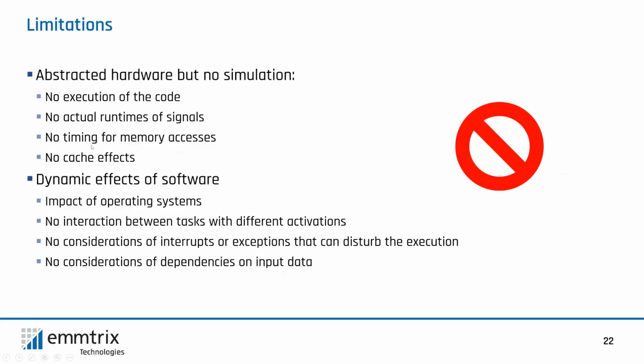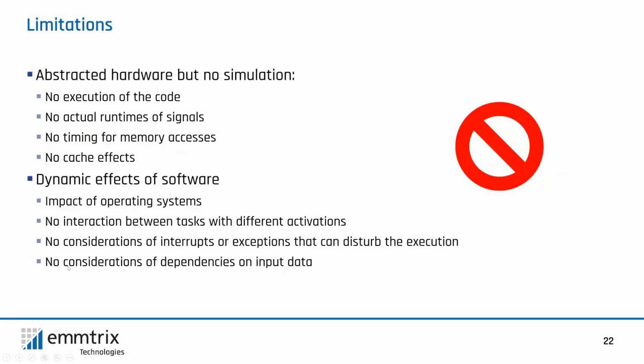This also means the timing for memory accesses. So if there is also some contention on memory and something running in parallel, we can only provide simple numbers for these memory accesses. And all that means if the timing of the whole system is more of interest, then this whole static analysis might not be the